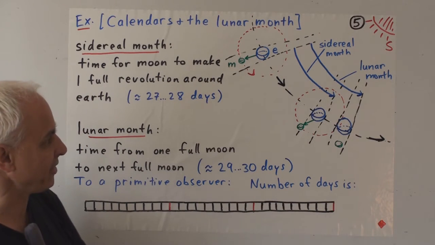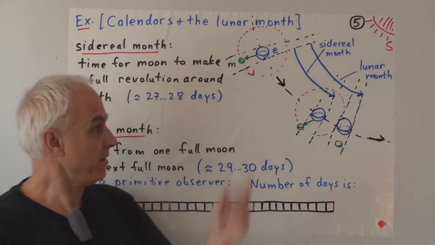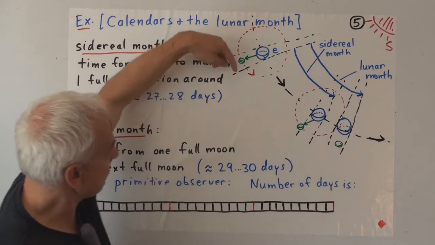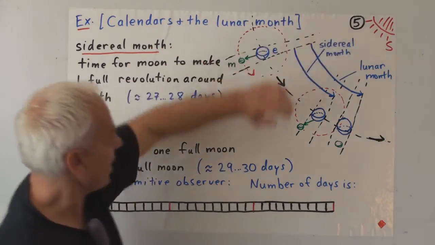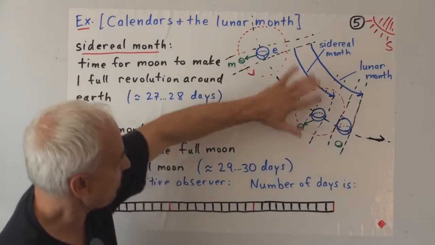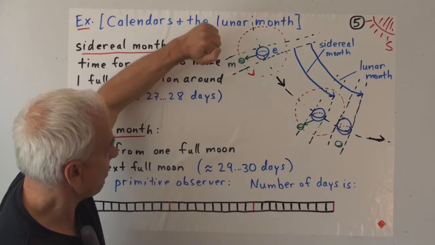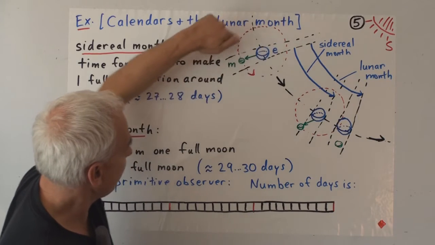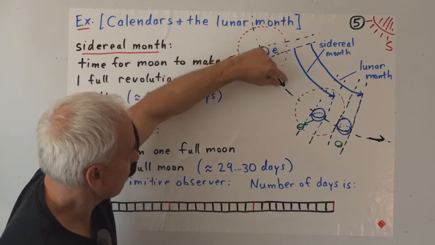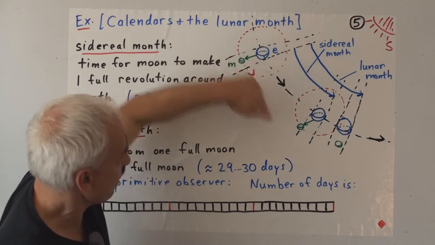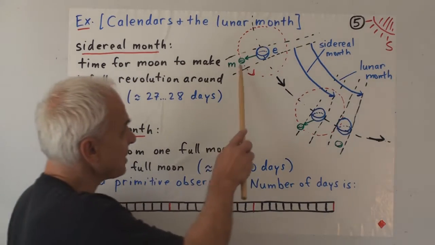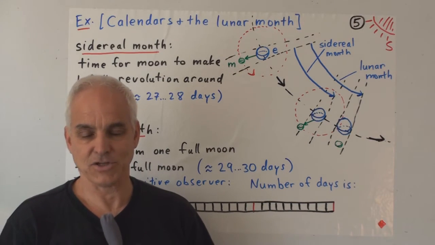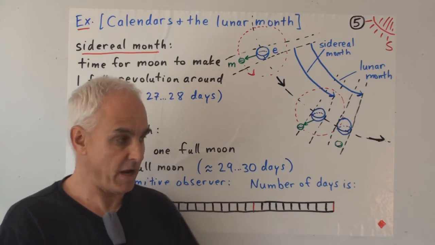But the other player in this little drama is the Moon. The Moon is going around the Earth. And it's roughly in the same plane as the plane of the Sun and the Earth. So we can think of this as a top view. We're looking down on the Earth, we're looking down on the Moon. The Earth is traveling in the plane of the board along this circular arc, and the Moon at the same time is going around the Earth. So as the Earth moves, the Moon is still making this circular orbit around the Earth. And how long does it take for the Moon to go around? It takes roughly a month. And that's the source of the month as a unit of time.